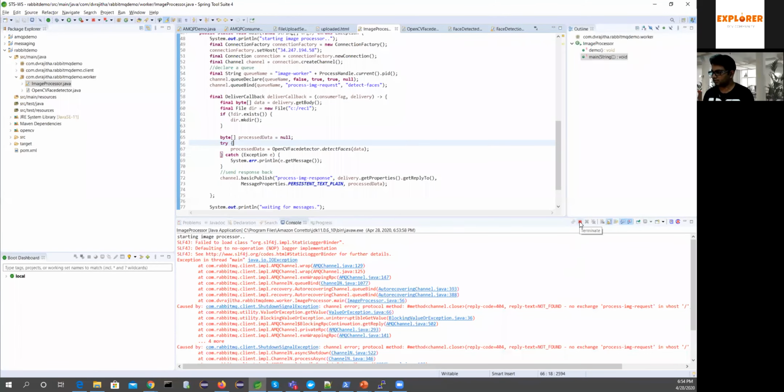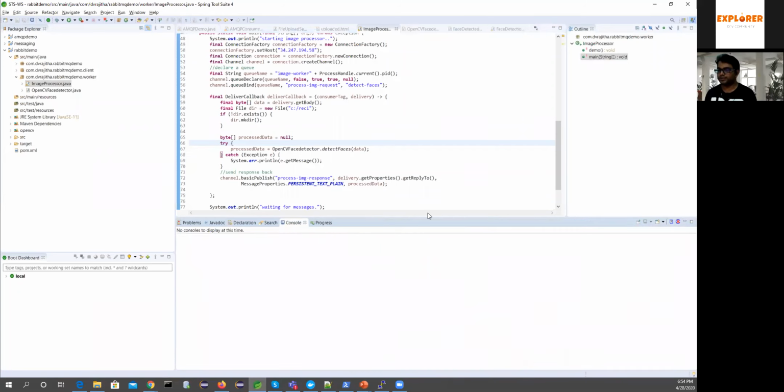Okay, that is because I have deleted those exchanges. I have cleaned those exchanges, and this is going to send the messages through these exchanges. So it says that those exchanges are not there, so it gave that error.